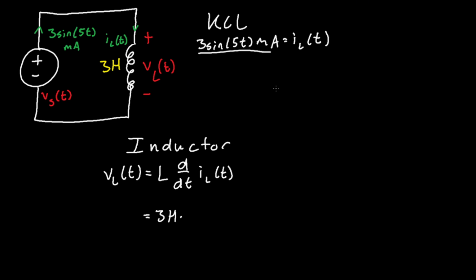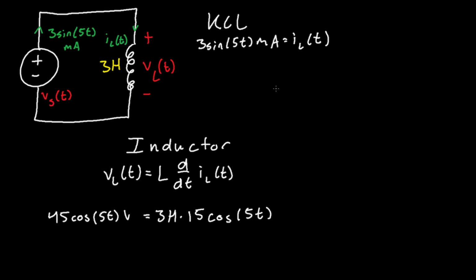And what's the derivative of your current? Well, the derivative of your current is the derivative of this guy. So if we use some chain rule, we just simply bring out the 5 and take the derivative of sine. Bringing out the 5 just gets 3 times 5, which gets 15 times the cosine of 5t milliamps per second, I guess, right? But I'll just omit the units because that doesn't really matter too much. Now we got this, right? Just 3 times 15 to get 45 cosine of 5t